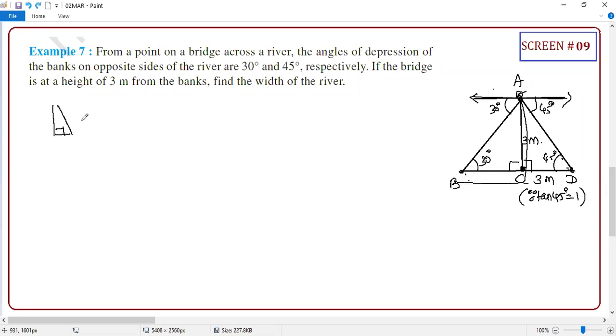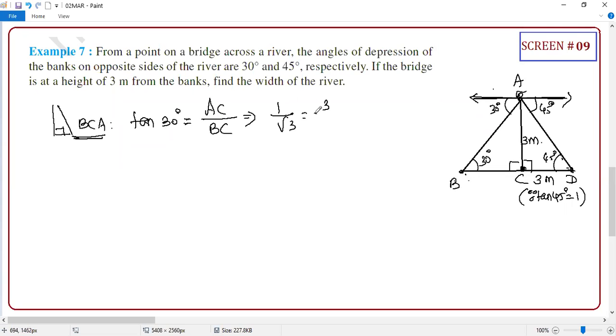So BCA, sorry, BCA. Tan which degree? Same mantra. Tan 30 degrees. Now opposite is what? AC. If anyone doesn't know opposite and adjacent, guys, please go through our Trigonometry 1, Introduction of Trigonometry, where we explain everything. Clear or not? Opposite side upon adjacent side. Now same thing. Tan 30 equals what? 1 upon root 3. AC equals 3. BC, I don't know. Let it be BC.